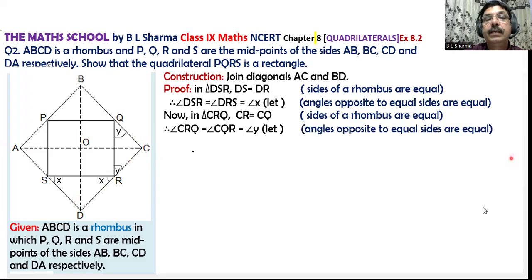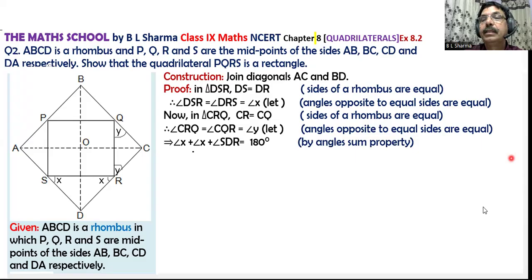देखिए, सो नाउ एंगल x प्लस एंगल SDR कितना हुआ? 180 डिग्री. See the figure, by angle sum property. Angle y plus angle QCR, that is 180 degrees. That is by angle sum property. Now इन दोनों को ऐड करिए. Adding this and this,